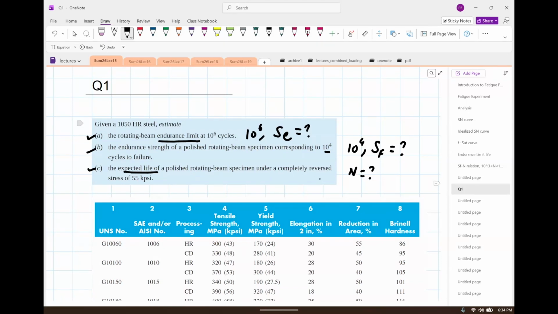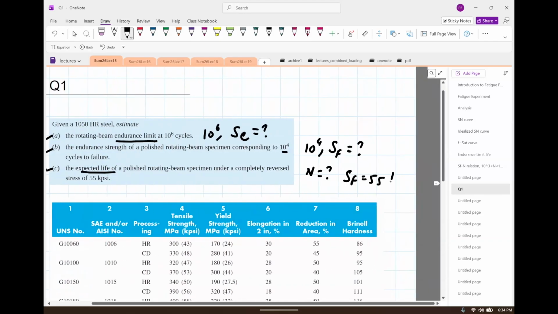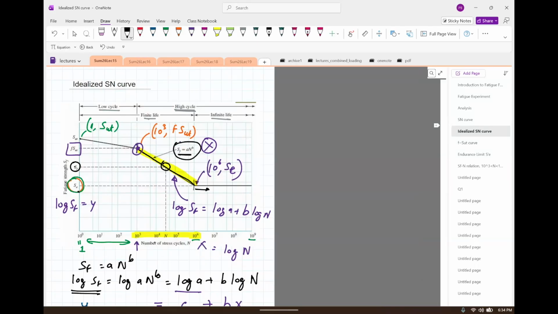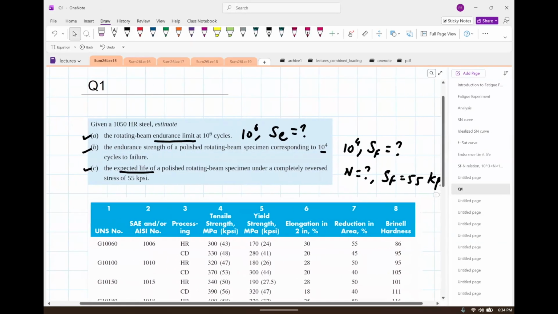when under completely reversed stress of 55 kpsi. That means that if you subject this to 55 kpsi, then what is the life? In other words, if you go to this idealized curve, if you subject it to 55, maybe it's here, what is the corresponding N? That's what you want to compute. Okay, so let's